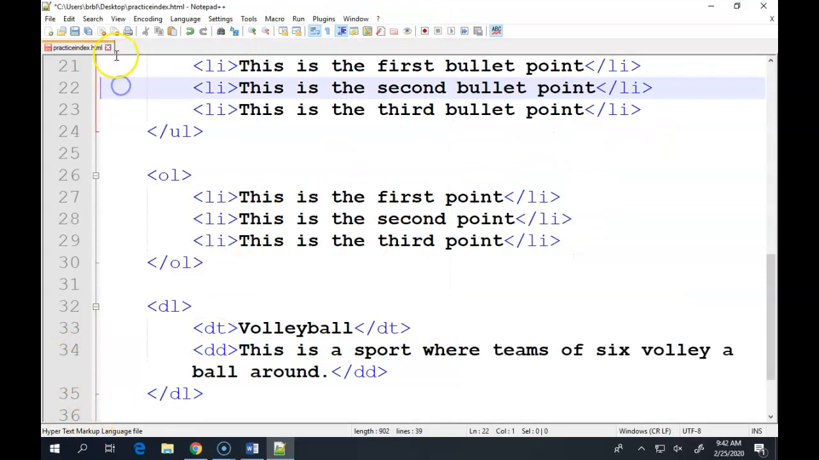Let's just save this file as our practice file. I don't know that we'll come back to it, but save it. And we are going to